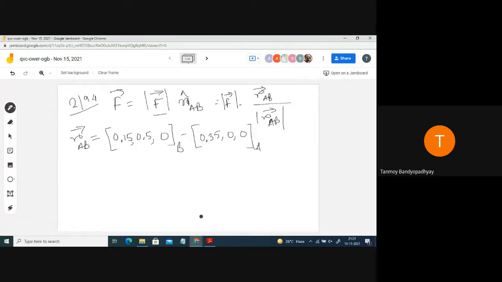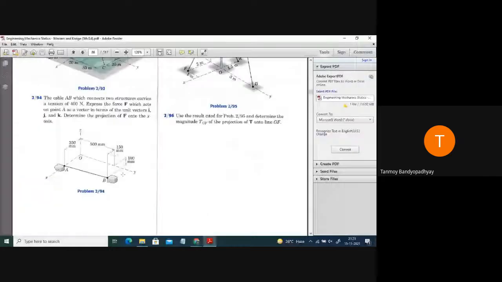So now let us write it in terms of position vector. So this is minus 0.15 minus 0.35 i cap plus 0.5 minus 0 j cap plus 0 k cap. So vector RAB should come out to be, just, this is a little wrong, there is something in z, wait. Sir, I think for B, Z is minus 0.1. B is actually having some z; because it was shown upside down, a mistake happened. So that is 0.1 actually.